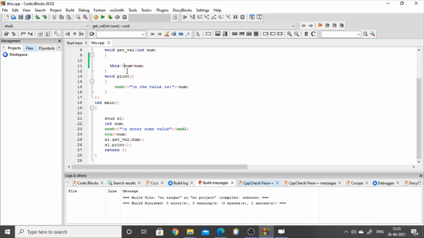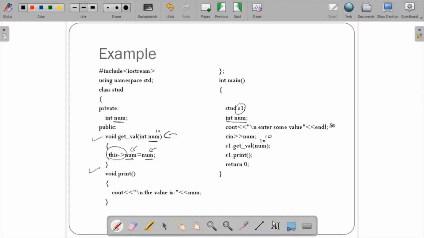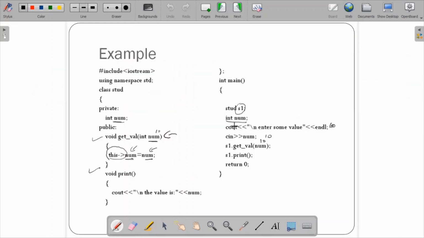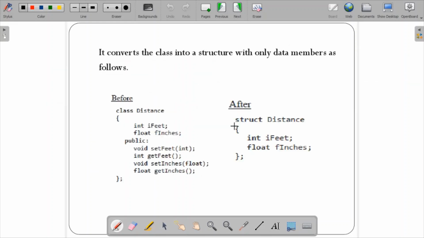When you have your local variable having the same name and your class data member also having the same name, to differentiate between the class data member and the local variable, you should use this. And this pointer, you're going to put it only for your data member, not for the local variable. I hope it's clear with this particular example. So this is regarding the first point of your third point explanation, what I've told over here. The rest two points I'll be explaining in these two slides, okay?